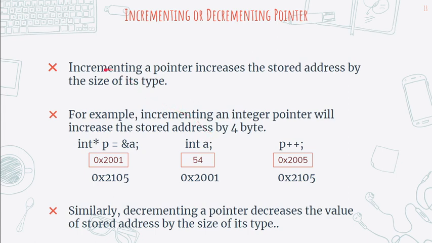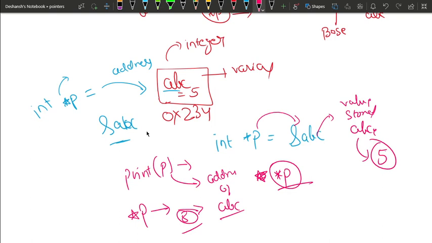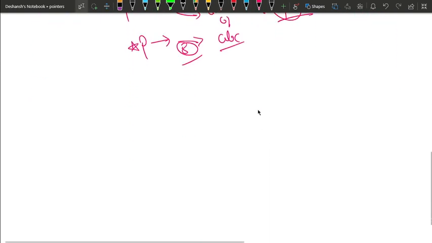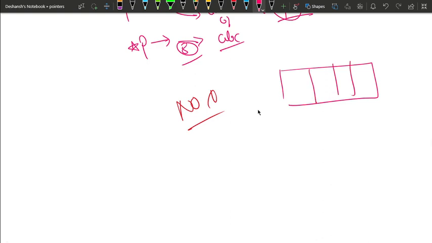So the increment operator increases the pointer address. How does it work? Does it work in a similar way to how variables are added? Like a variable we create, a equal to 1. Now suppose a is incremented by 1, so a will become 2. Is this exactly how pointers get added? Definitely no.